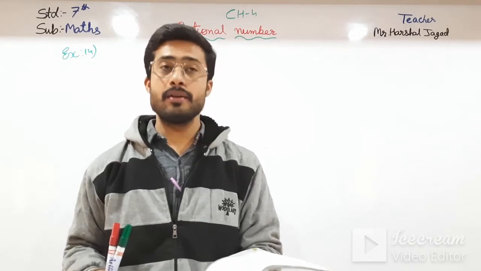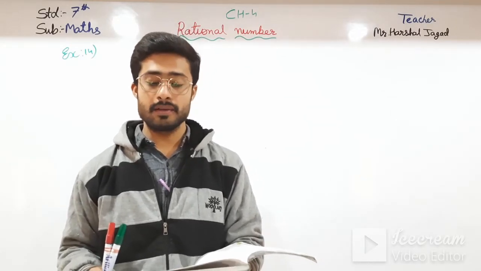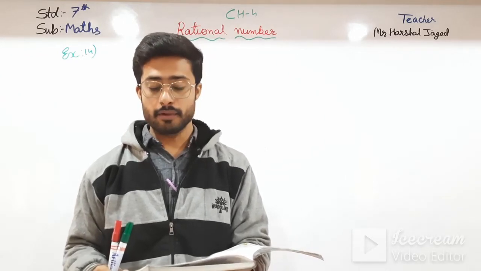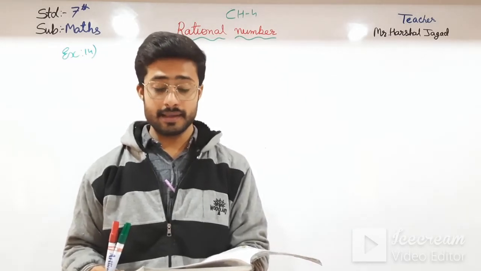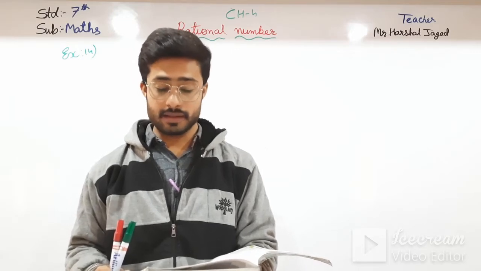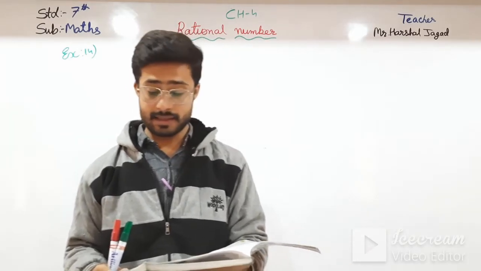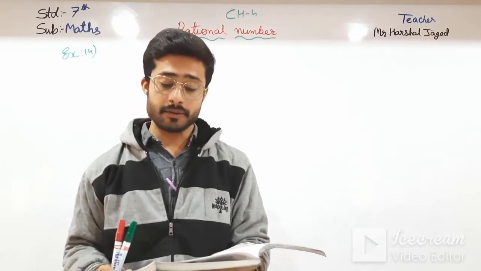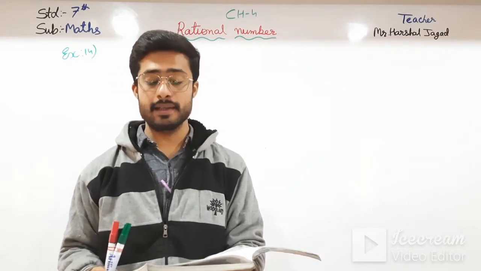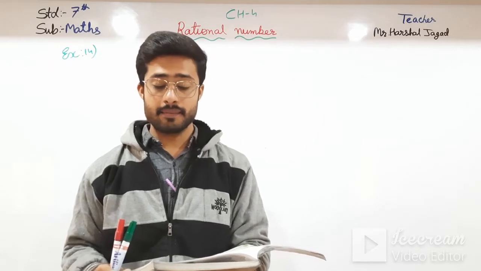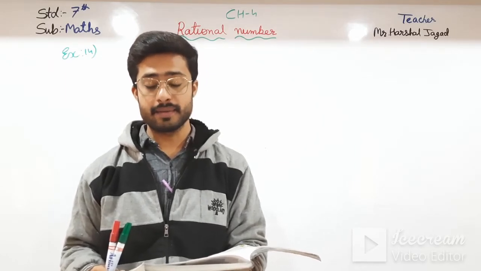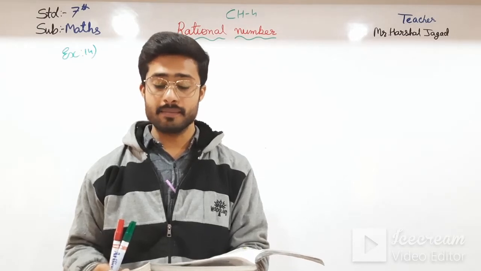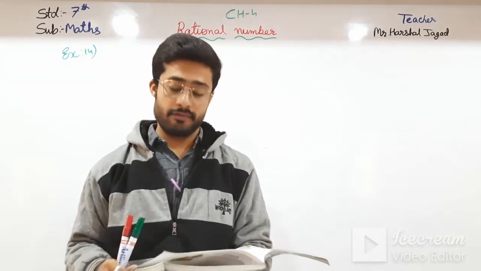The absolute value of minus 3 by 4 is also the quantitative distance of minus 3 by 4 from 0, which is 3 by 4. The direction is not considered when determining absolute value. The absolute value of minus 3 by 4 is written as |-3/4| is equal to 3 by 4, and |3/4| is equal to 3 by 4.